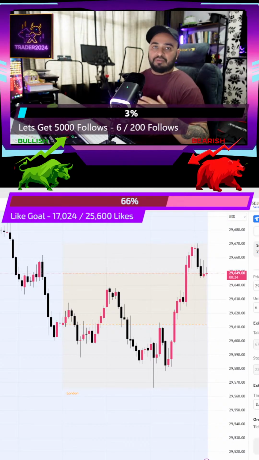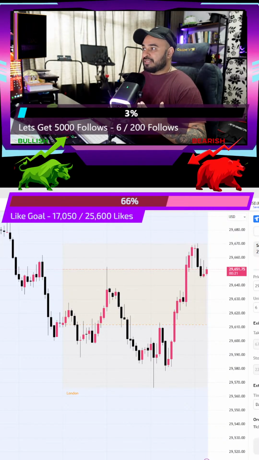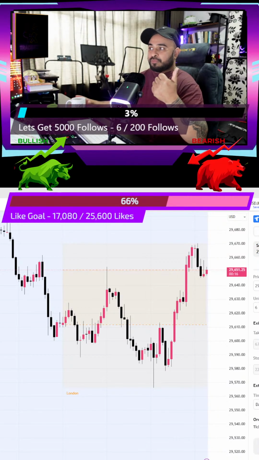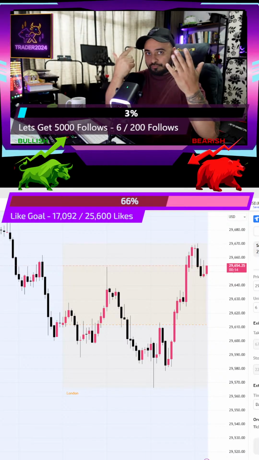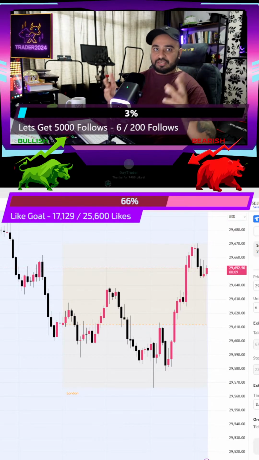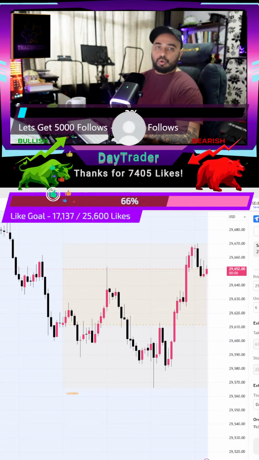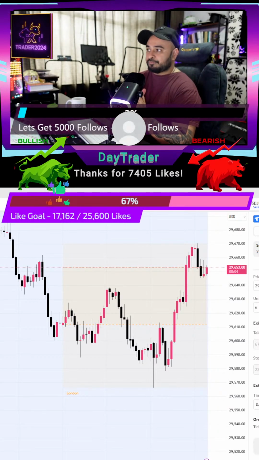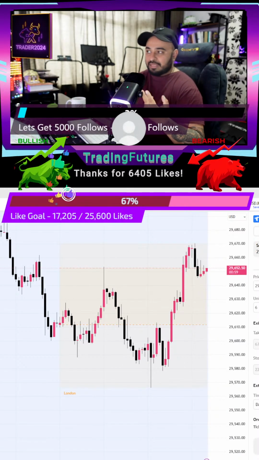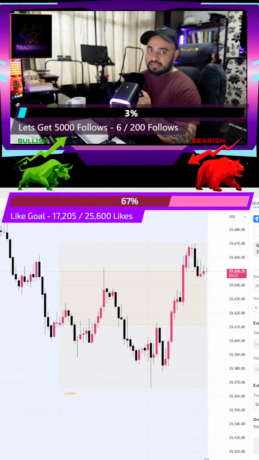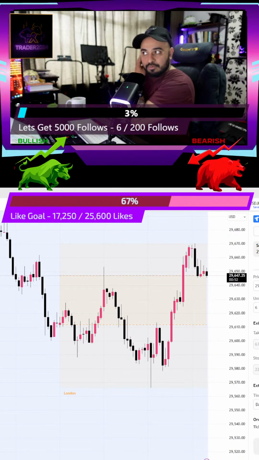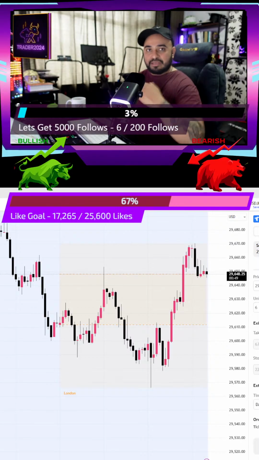Just say you want to have 10 attempts at passing, so you risk like 2, 4, 6, 8, 10, 2, 4, 6, 8, 10. So then you risk $200 per trade. This is just an example, and then you only want to look for 1 to 2 trades a day. If you're risking $200 a trade and you lose 2 trades, you've lost $400. So then just call it a day, and make a game plan around that.